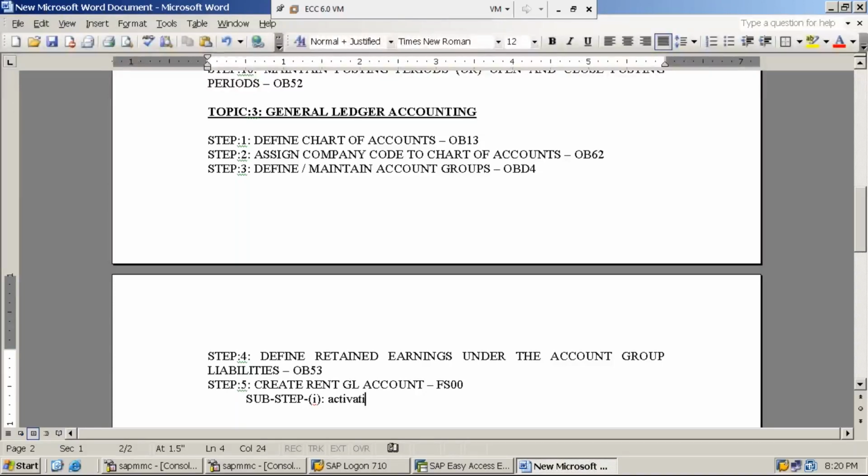Activating options, and the code is FS00 only.